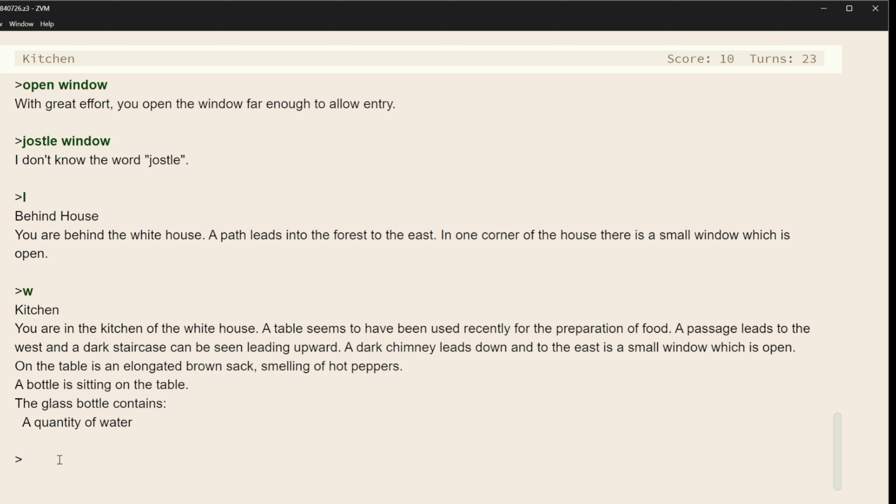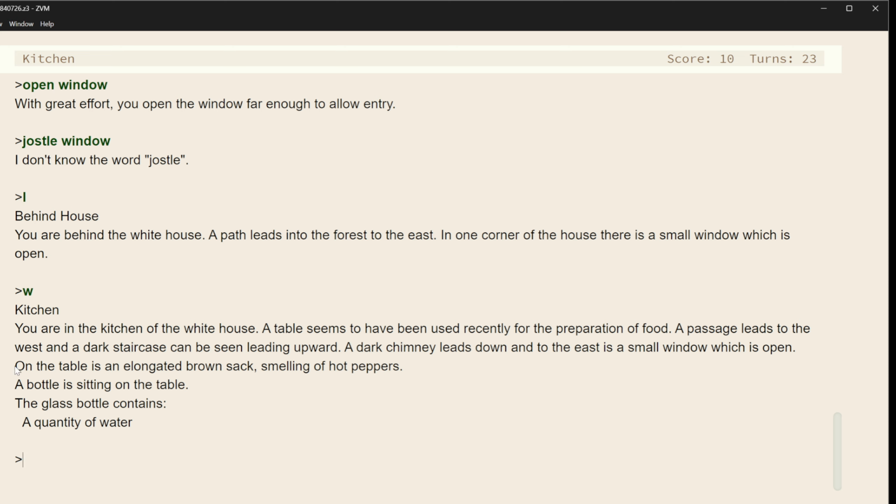Let's go inside. Kitchen. You are in the kitchen of the White House. A table seems to have been recently used for the preparation of food. A passage leads to the west, and a dark staircase can be seen leading upward. A dark chimney leads down, and to the east is a small window which is open.